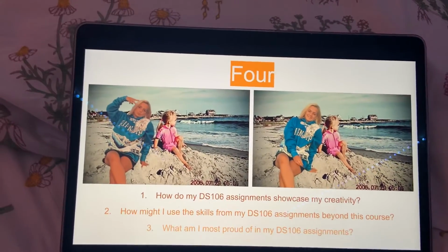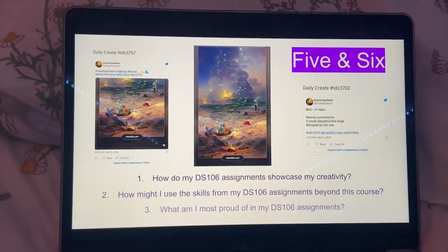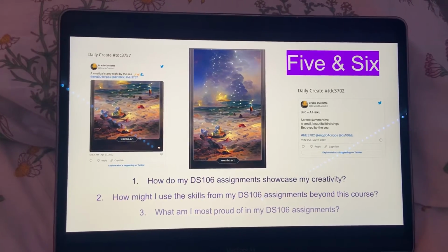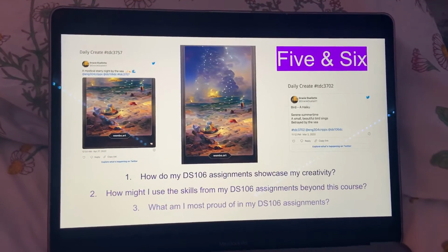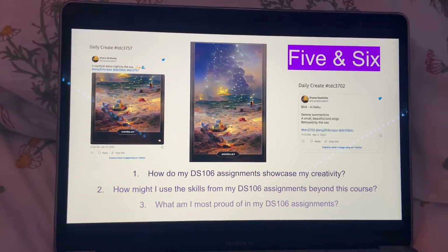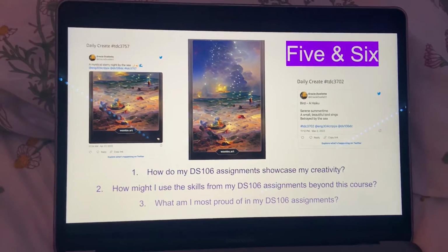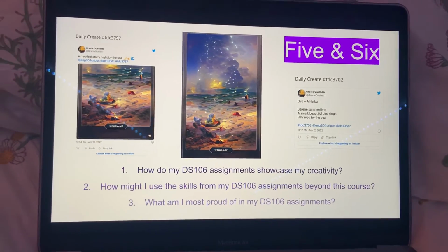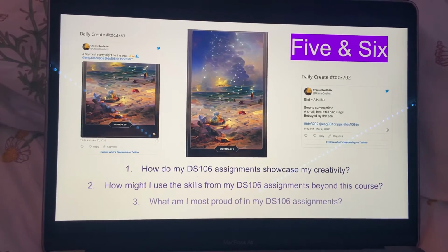And then I have a 5 and a 6. So this was my daily create, 2 of my daily creates. The one on the right was sooner, and the one on the left, I just enlarged the picture so you could see it, was actually the most recent daily create. So the first one on the left was a